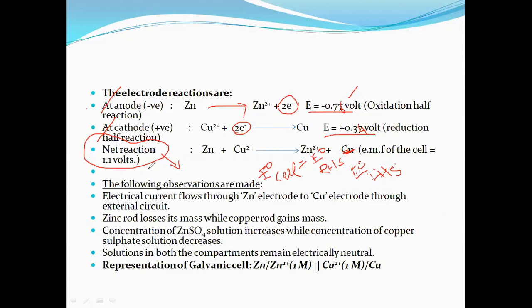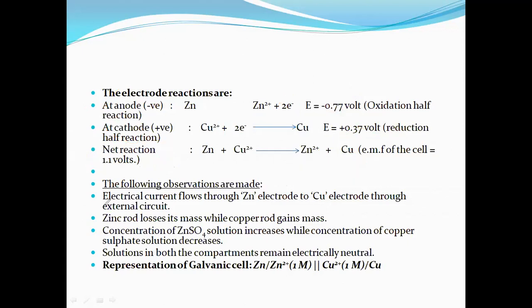This is the voltage of the voltmeter, the voltage of electricity when the zinc and the copper are connected in a series under the electrolytic condition, zinc and zinc sulfate, copper and copper sulfate, under the STP condition. Now we are finding the net voltage. The net voltage value is equal to 1.1 volt. We'll see the continuation here.